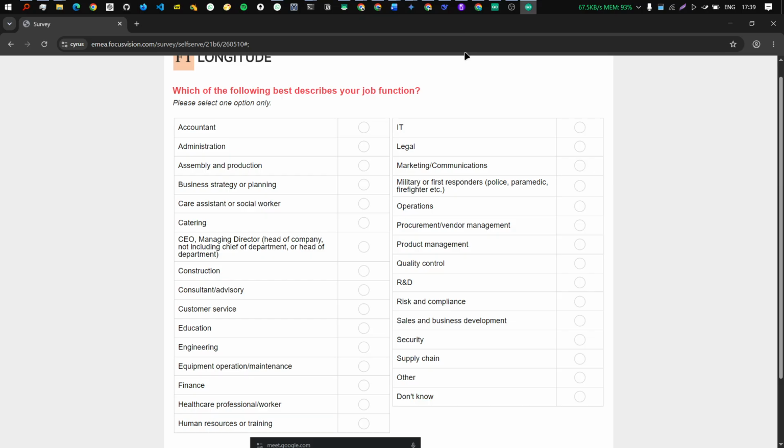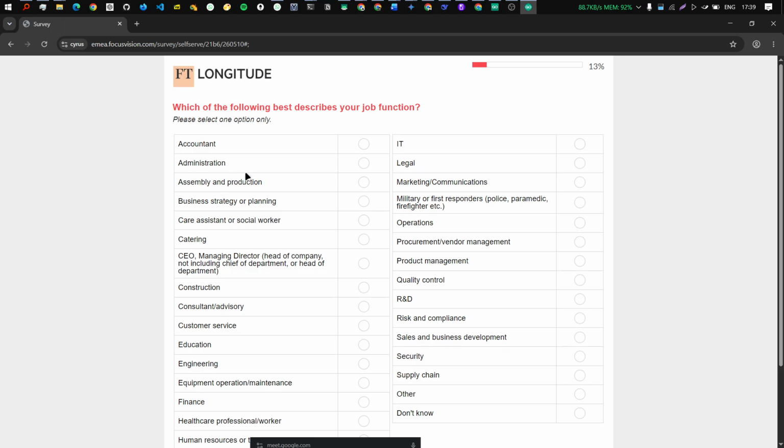For this you can just google it: which companies come under financial institutions in the US. Generally Ernst and Young and Barclays and companies like these dominate in the US. So we will select either administration, IT, legal,